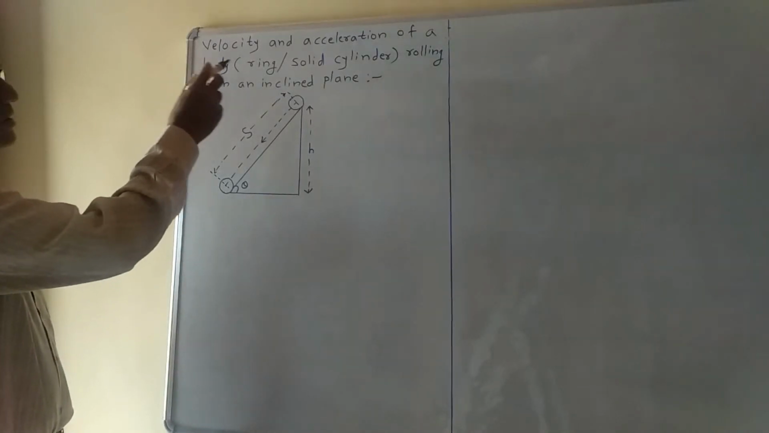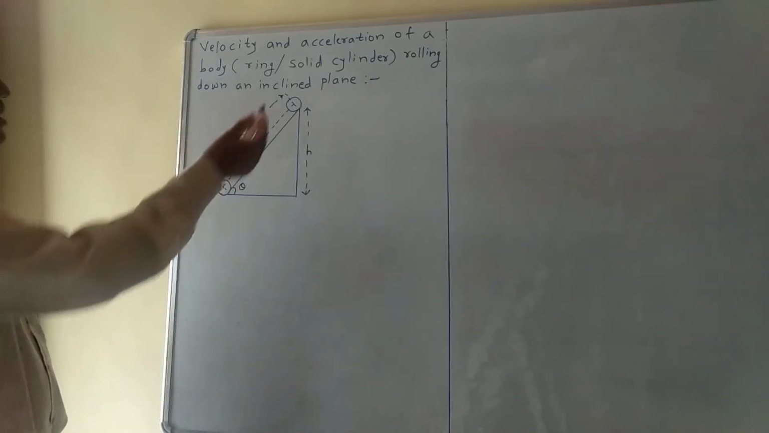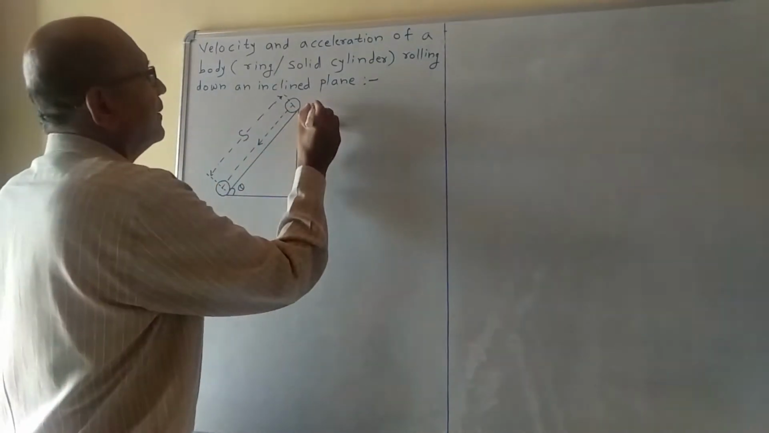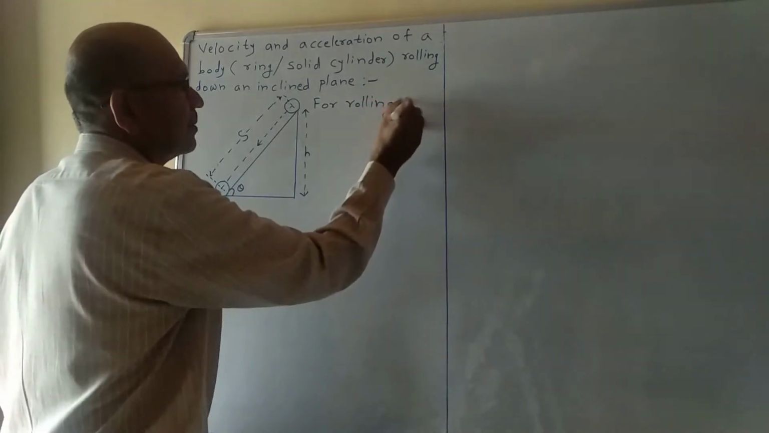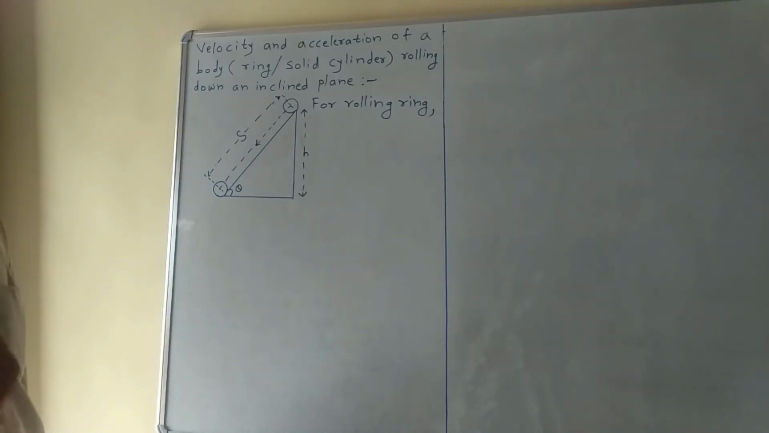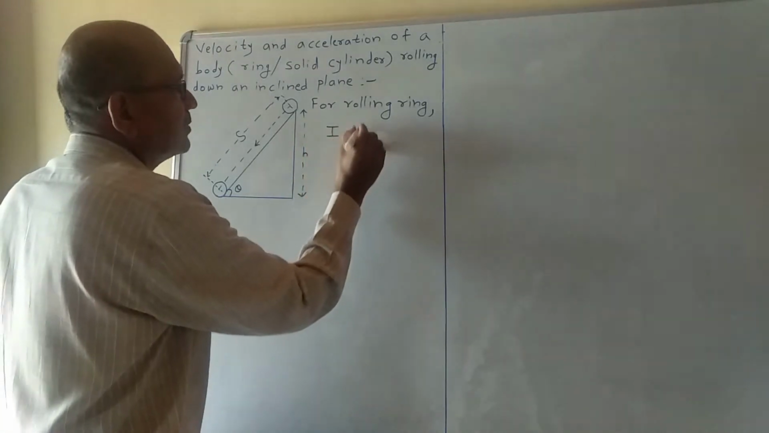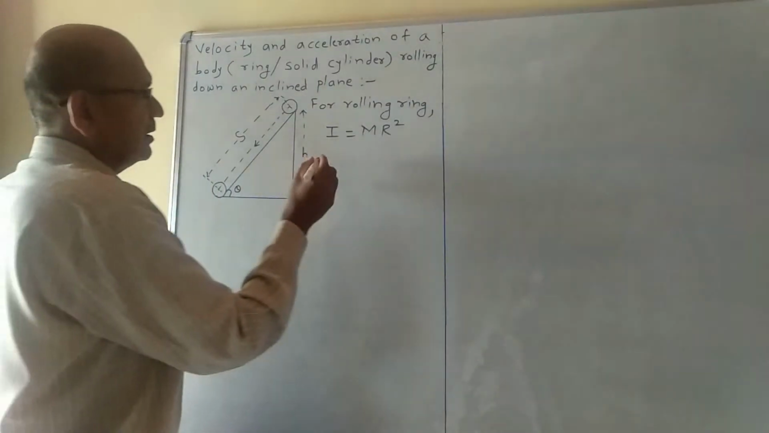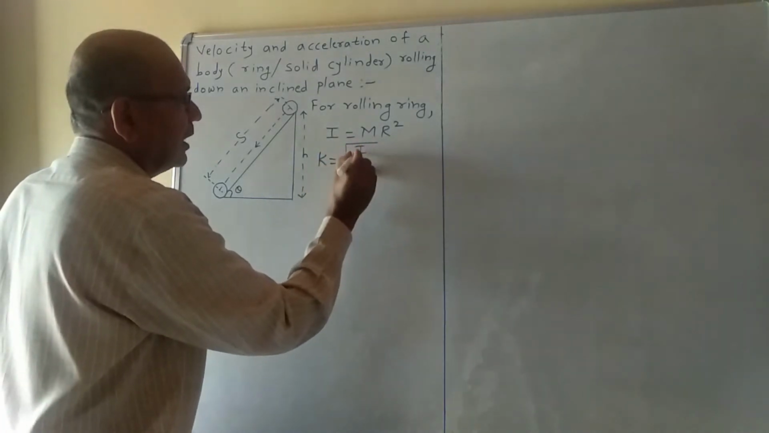Study the velocity and acceleration of a body like a ring or solid cylinder rolling down an inclined plane. For a rolling ring, its moment of inertia about an axis passing through its center and perpendicular to its plane is I equals mr square, and the corresponding radius of gyration is given by k equals under root of I